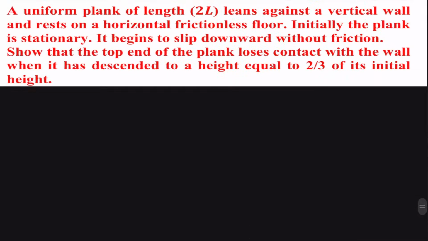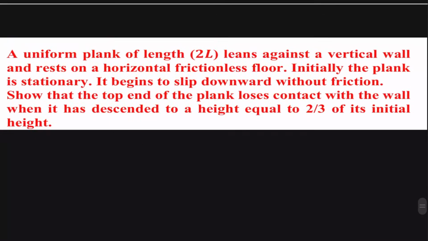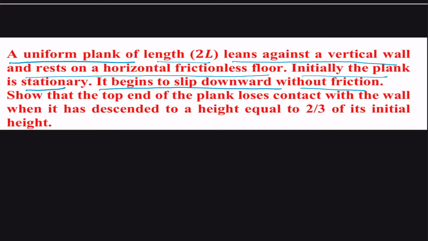And we come to the last question, and it states that a uniform plank of length 2L leans against a vertical wall and rests on a horizontal frictionless floor. Initially, the plank is stationary. It begins to slip downward without friction. So, in this case,